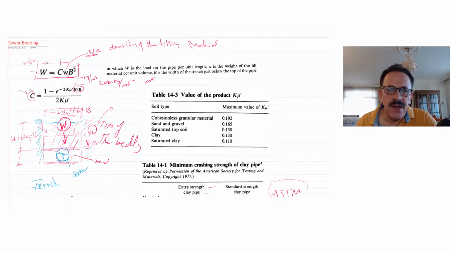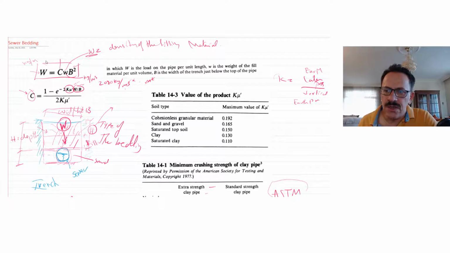And here we have this equation. Ku is the Ku bar. K is a coefficient for lateral pressure divided by vertical pressure. I mean by lateral earth pressure by vertical earth pressure. K divided by this one.